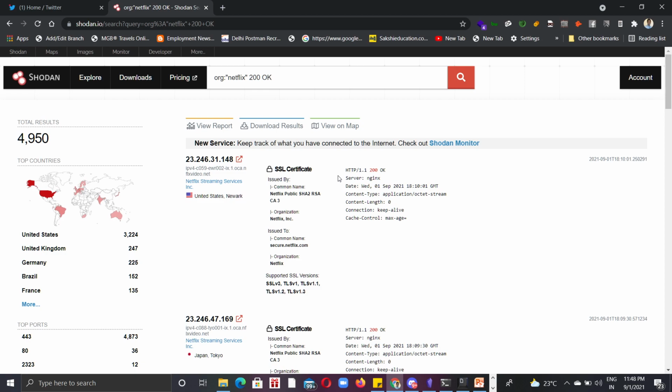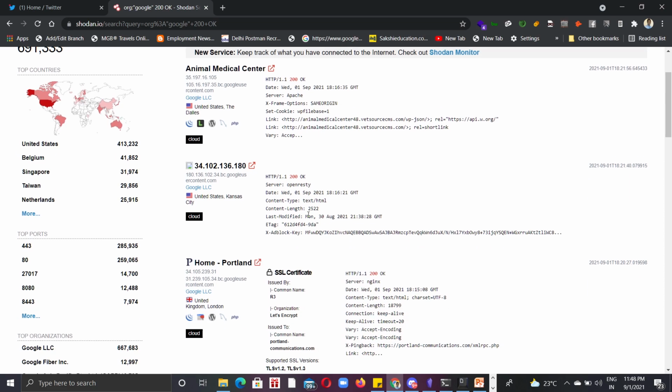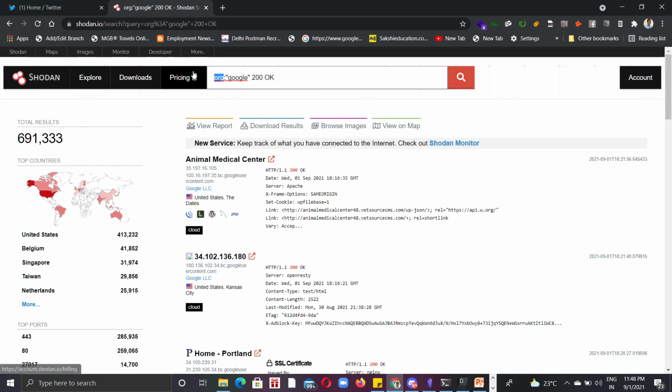And you need to look into what certificate it is. So here it says organization Netflix. You can try Google as well. And you can also search with SSL certificates if you want to grab them. Let's say, usually, let me try with SSL instead of Google. Yeah, I will give Google INC.